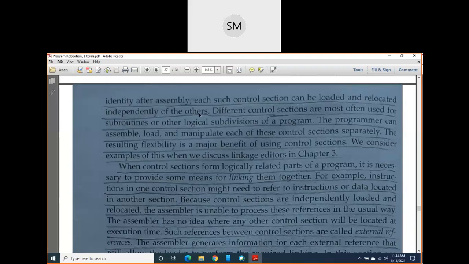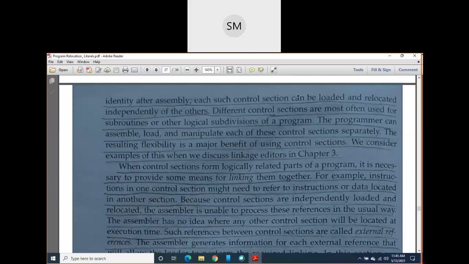Earlier, the default block, C data, and C block were somewhat interrelated. One was dependent on another. But here control sections are completely treated as separate programs. Suppose our program has 3 control sections, those 3 are treated as 3 different programs. So since we are treating them as 3 different programs, we have to write 3 different object programs. That's all.